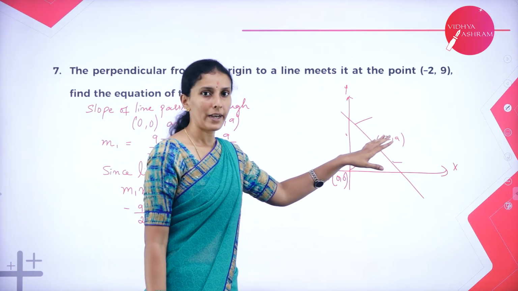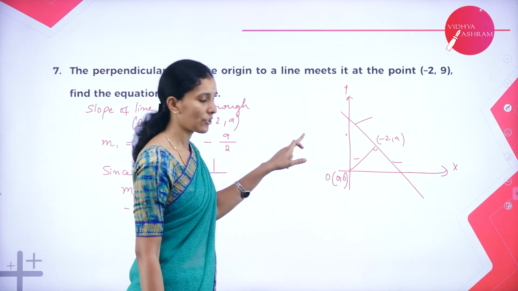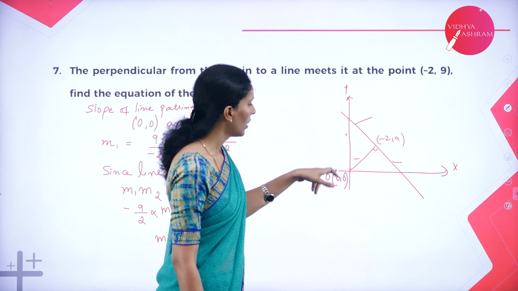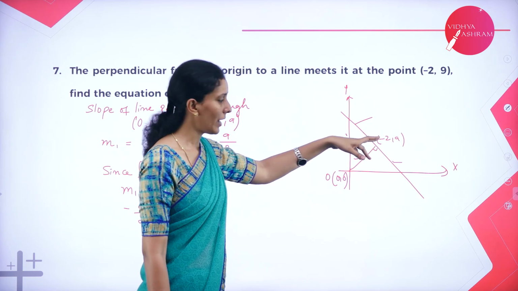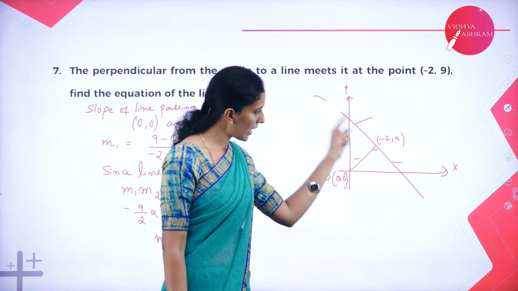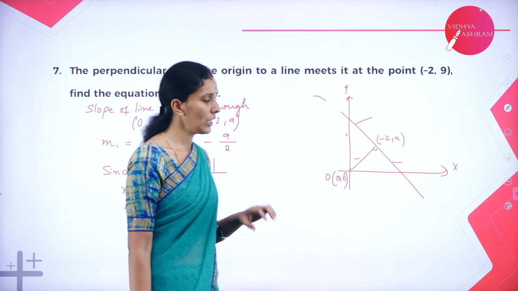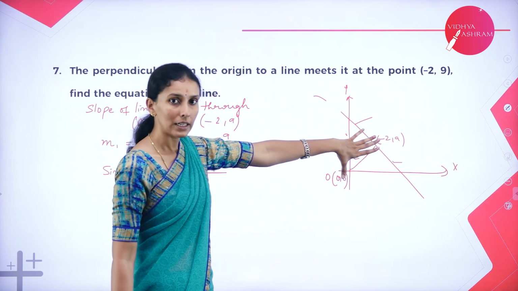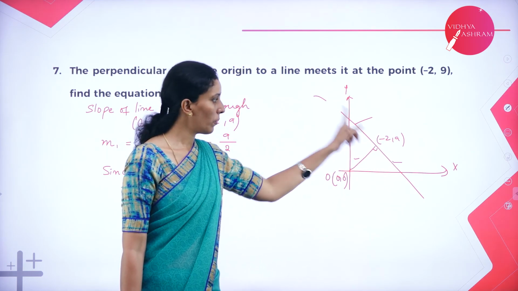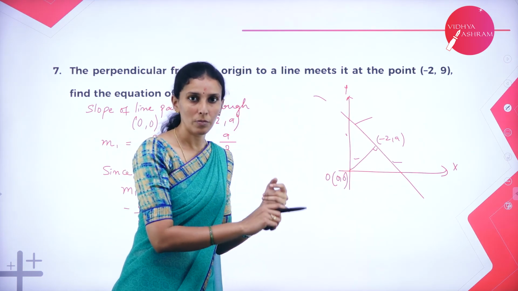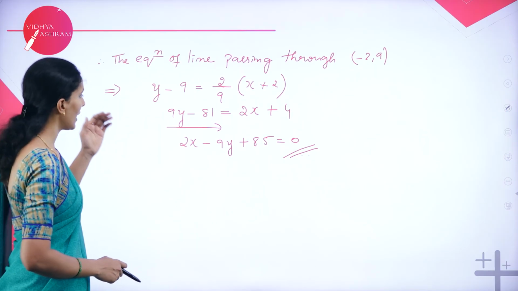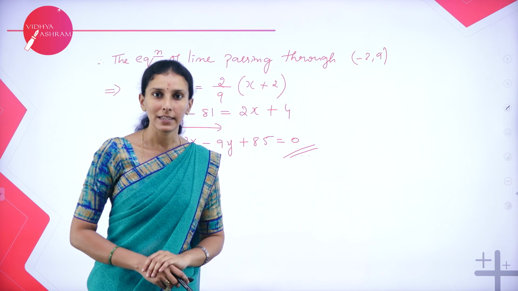So minus 2, 9 is the point, so you will get it on the negative x-axis. I have taken only a rough diagram. A line is passing through minus 2, 9 from the origin and it is perpendicular to one more line which is also passing through minus 2, 9. So find the slope of the perpendicular line, and since the lines are perpendicular we will get the slope of this line. It is passing through minus 2, 9. You can use point slope form and find the equation of the line as 2x minus 9y plus 85 is